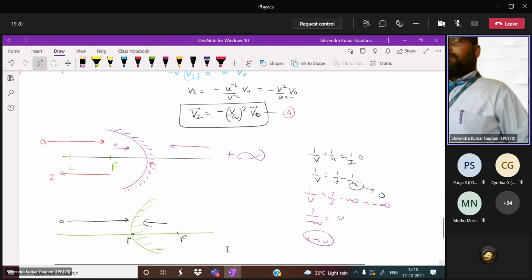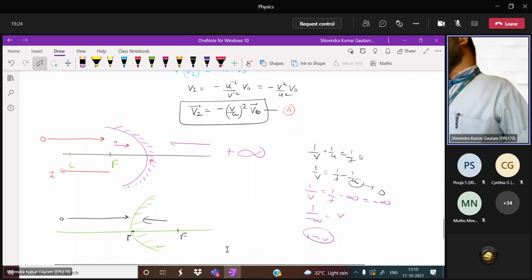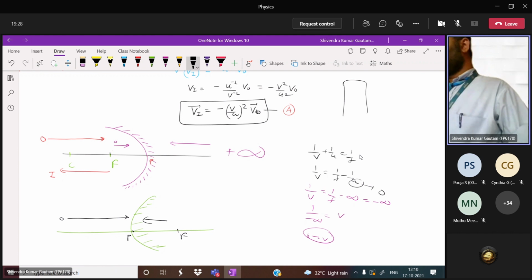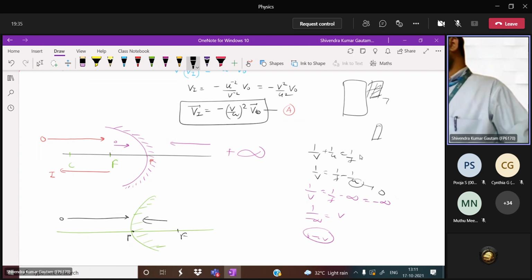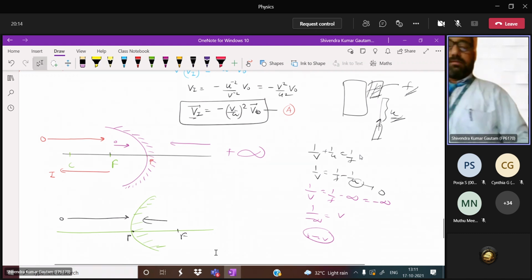You'll find one question in the package on this. I have told you already: here is one car, this is a convex mirror, the rear view mirror, and on this side an ambulance is coming. The object position, ambulance position and ambulance velocity are given, and the focal length of the mirror is given. First you will find the image distance V, and after getting the image distance you can apply this relation to find the velocity of the image, and with what velocity the ambulance is approaching the car. Is that clear?